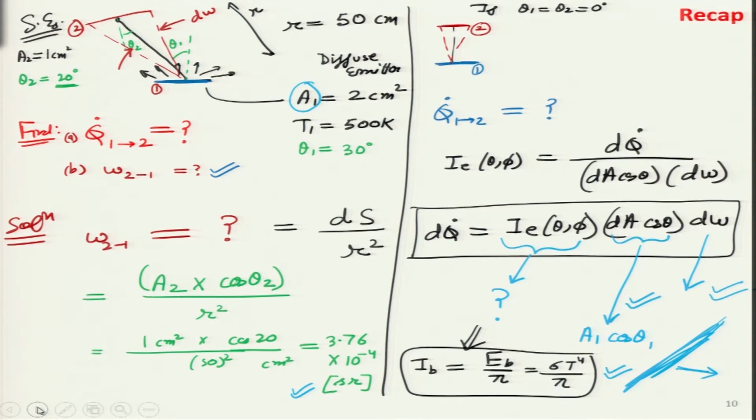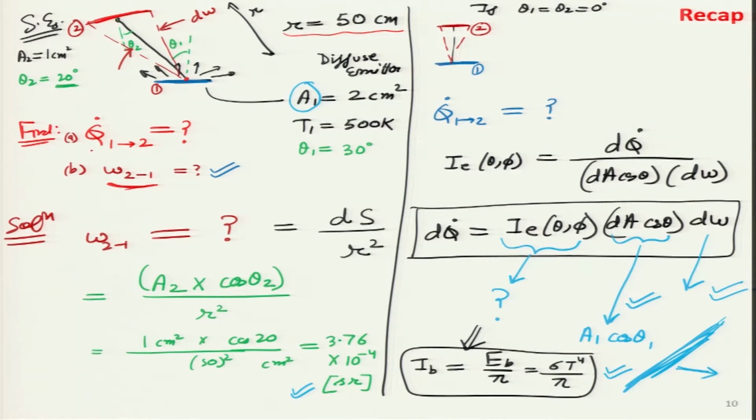Then we looked at a very interesting solved example where we have this blue surface 1 represented in blue color and then surface 2 represented in red color over here. So, we know both the areas, we know the temperature of surface 1, we know the angles at which they are located. So, theta 1, theta 2 are known, and we know the distance that separates them. So, the distance square is much larger than the individual area. So, we can make simple assumptions, and over here what we wanted to do is first calculate the value of omega, the solid angle subtended by surface 2 when being viewed from surface 1.